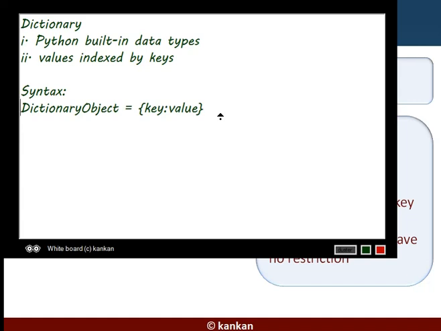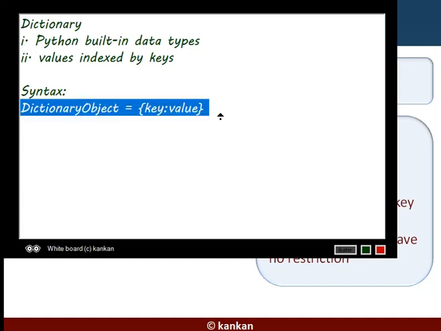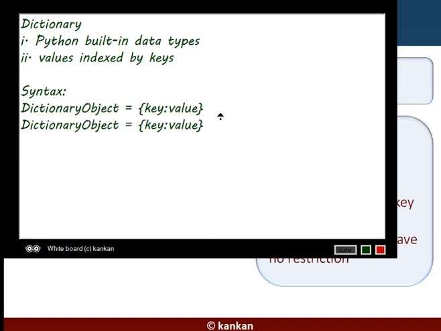Here I have written one item. Suppose this is key 1 and this one is value 1. Key 1 colon value 1, that means key 1 and value 1 together is a pair and it's an item.